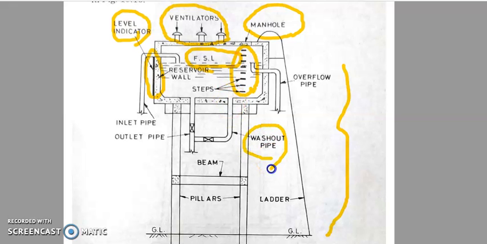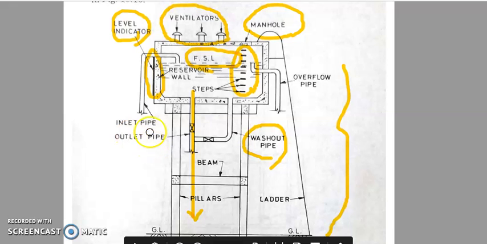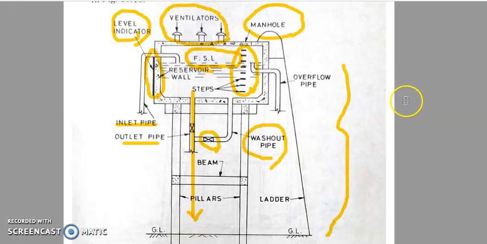So washout pipes, to drain the clean water, and this is the pipe which is bringing the water by the action of gravity and distributed to the public. So this is the outlet pipe here, this is the inlet pipe, and this is the washout pipe, right? So there are valves here. Whenever you are cleaning, you cut off this valve, you close the outlet valve, and open the washout valve, so that the water is going to wash and it goes away.